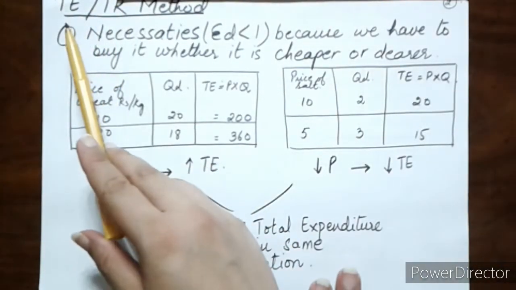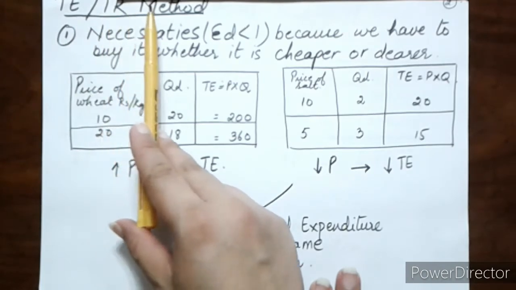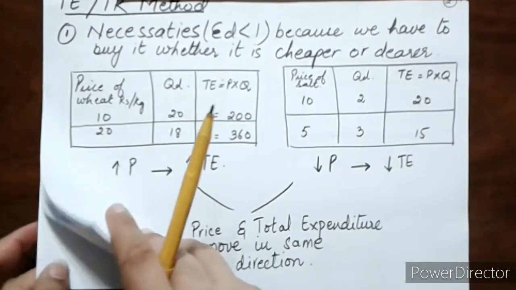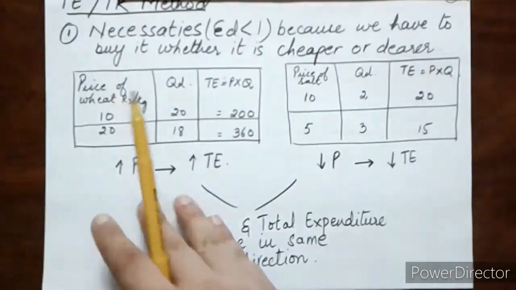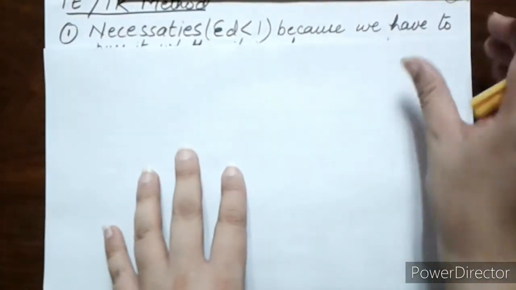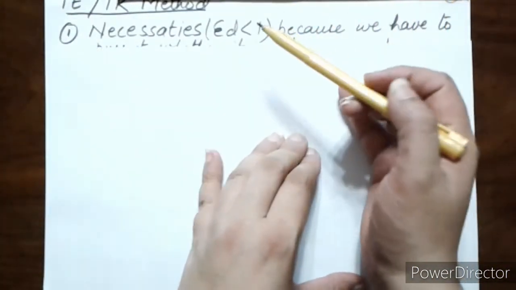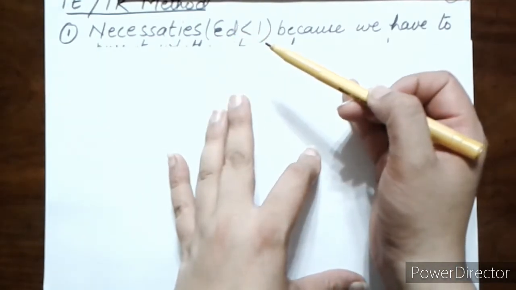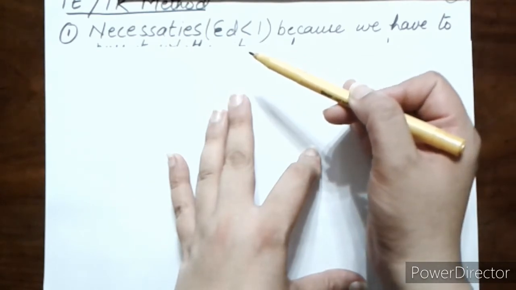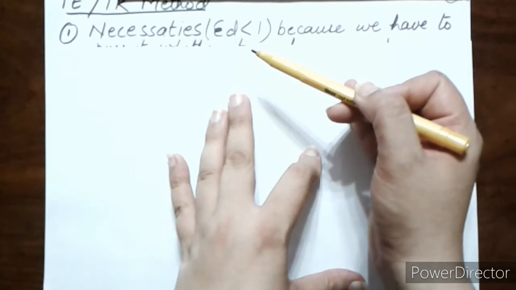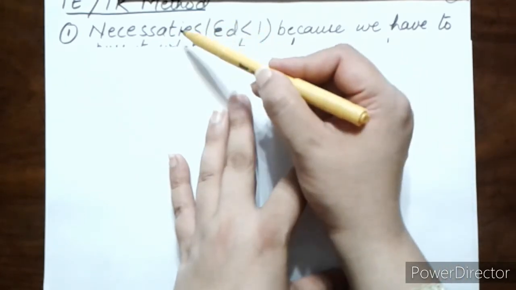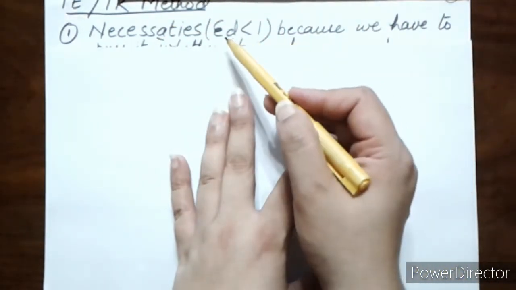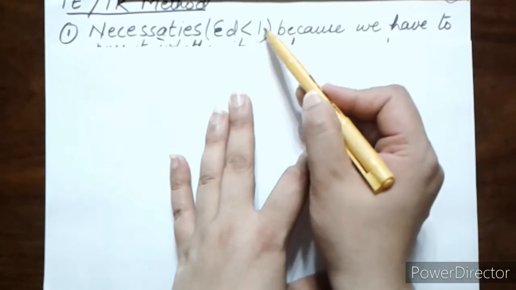Now, beginning with the total expenditure or total revenue method, you need to understand one thing about necessities. I think I should cover the written part so that you are not distracted by it. Necessities are things without which survival isn't possible. So even if the price rises, we still keep buying them. I think I have misspelled necessities here. Anyways, in case of necessities, elasticity is always less than 1.